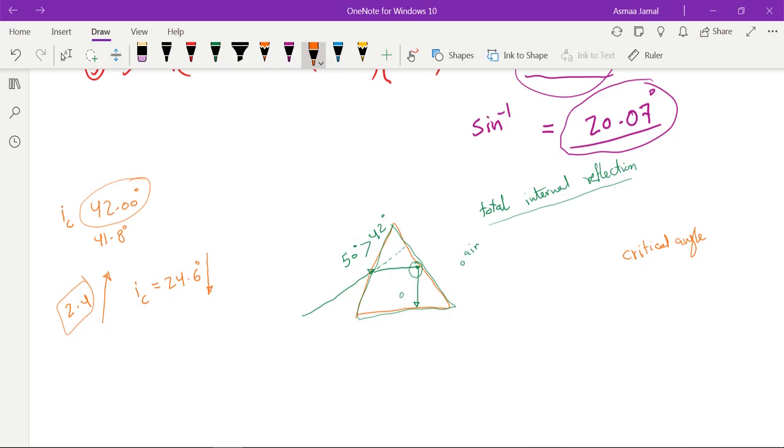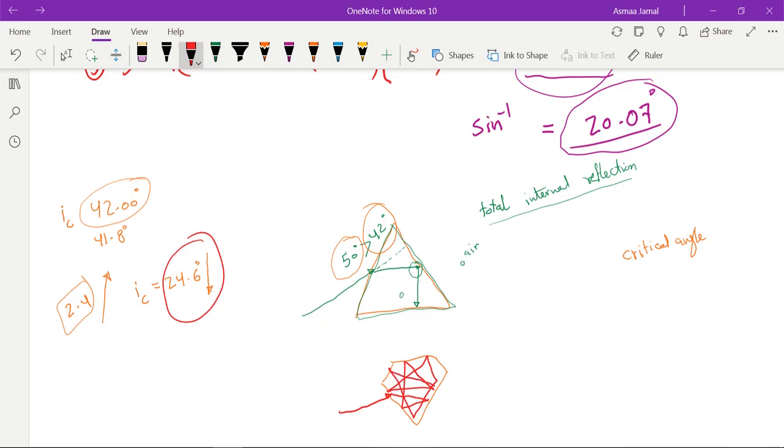So total internal reflection occurs inside the medium when the angle of the incident ray is more than the critical angle of that medium. So the light will be trapped inside that prism and it will not refract. Here in diamond, the incident ray should strike the diamond at an angle less than 24.6. Otherwise, the light will be trapped here, and that's why the diamond is always shiny, because of the internal reflection,